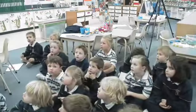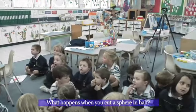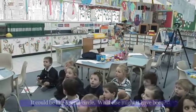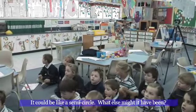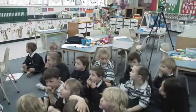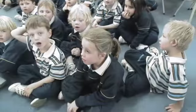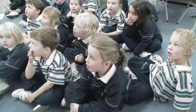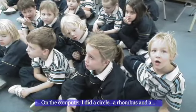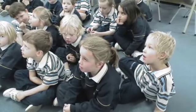And what happens when you cut a sphere in half? What does it look like? Well, it could be like a semicircle. Yeah, maybe it was. What else might it have been like if we cut a sphere in half? Amelia? A circle. On the computers, I did a circle, a rhombus, and